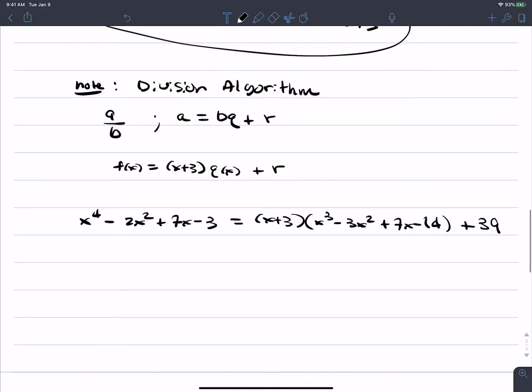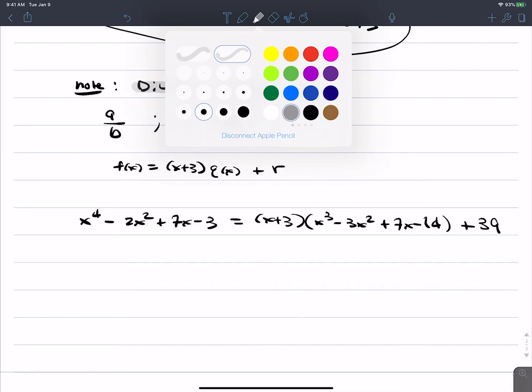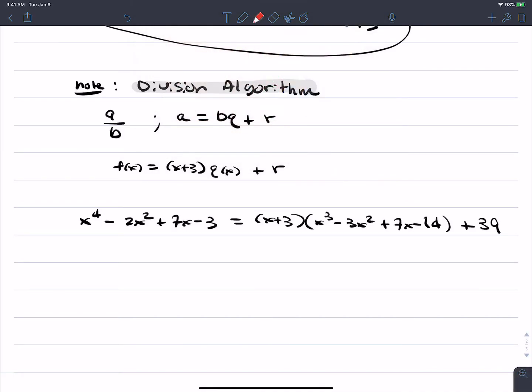This is by our division algorithm. So as you can see, it's important for us to know a few things. What's the quotient? It's right here. What are we dividing by? It's right here. What's the remainder? It's right here. And if you want to actually give these different colors,